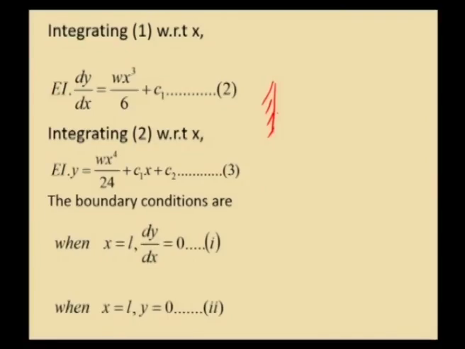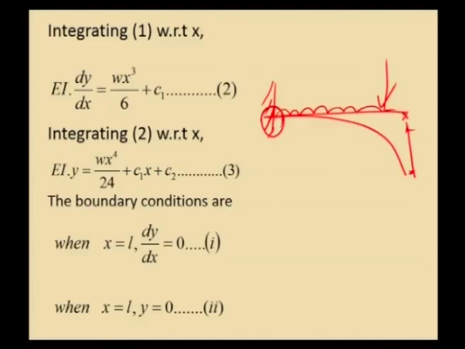So, the boundary conditions will be, so it is a cantilever beam. Irrespective of the load, whatever may be the load, if it is a UDL or a point load, the beam will deflect in this fashion. Always the deflection at the free end will be maximum, and at the fixed end there will not be any deflection